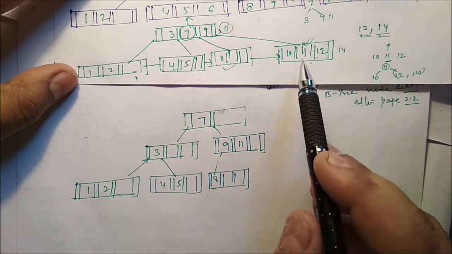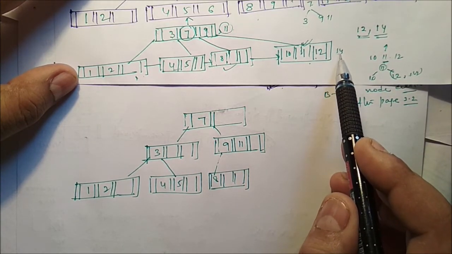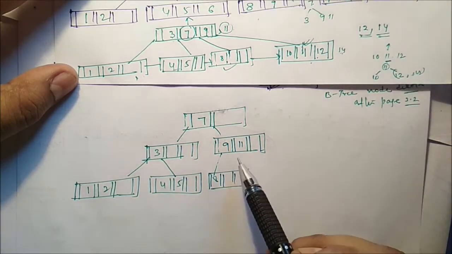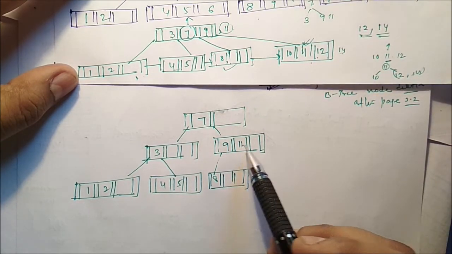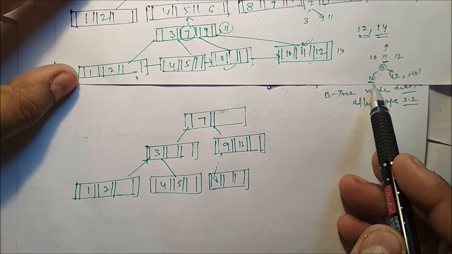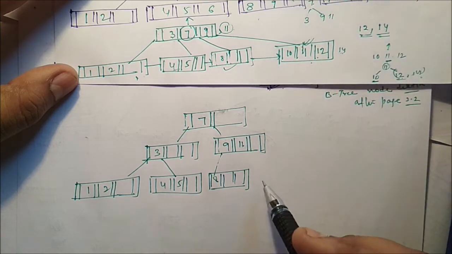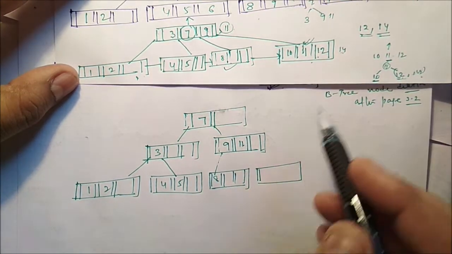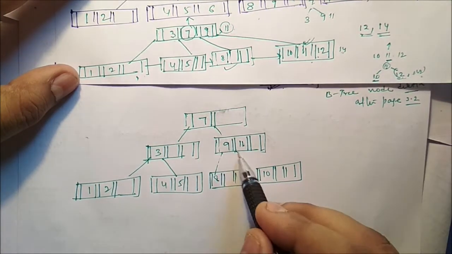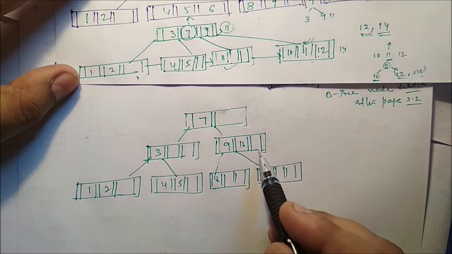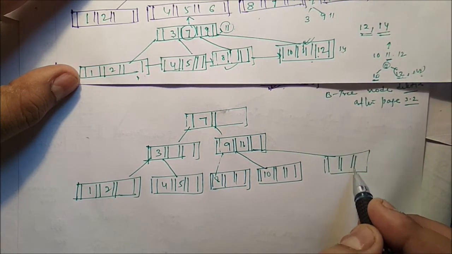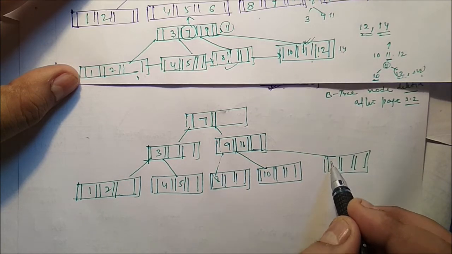And we have seen here we want to insert 12. That means we have to split this into two parts. So 10, 11, 12, and 11 is the middle part. That means the left child will be 10, and the right child will be 12 and 14. So the left child of this 11 would be only 10, and the right child of this 11 is 12 and 14.